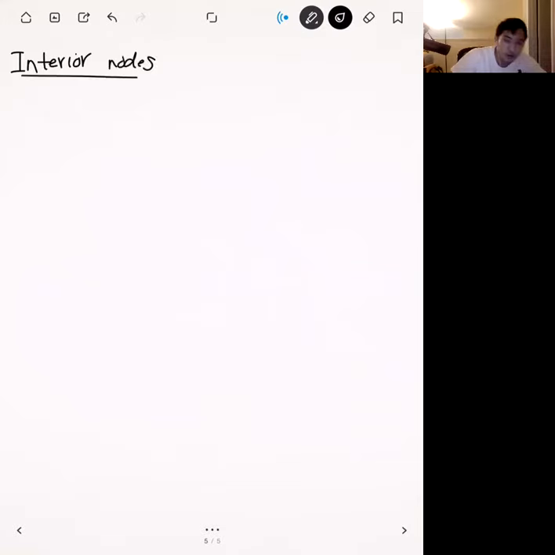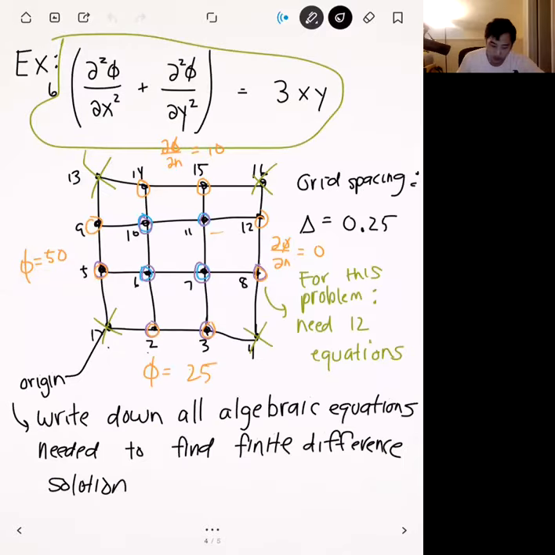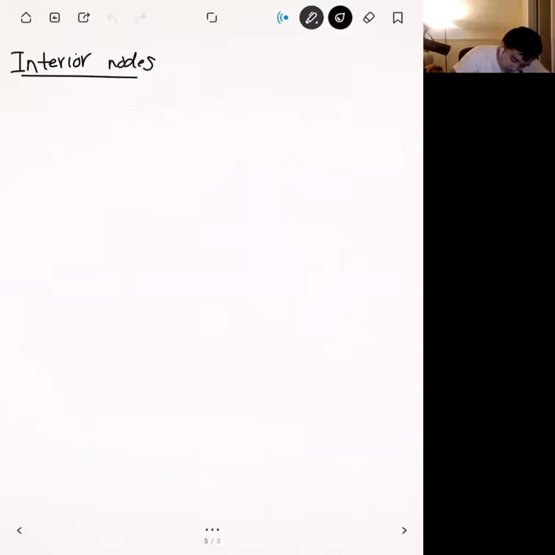Okay, and so for the interior nodes, we're going to basically apply the finite difference scheme that we applied previously. Just to remind you, let's go ahead and derive the finite difference scheme for this equation here. Our differential equation was 6 times partial squared phi partial x squared plus partial squared phi partial y squared